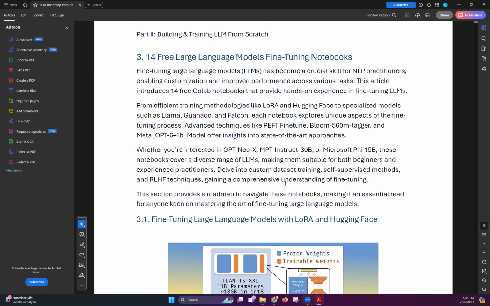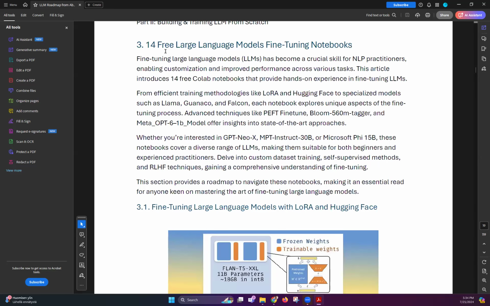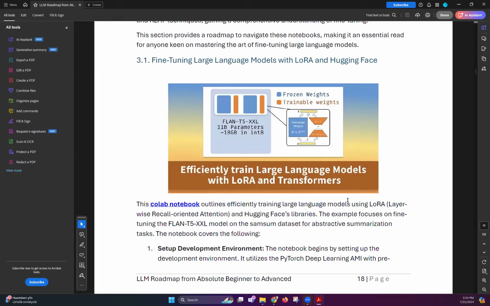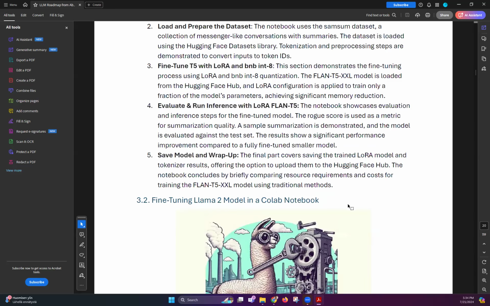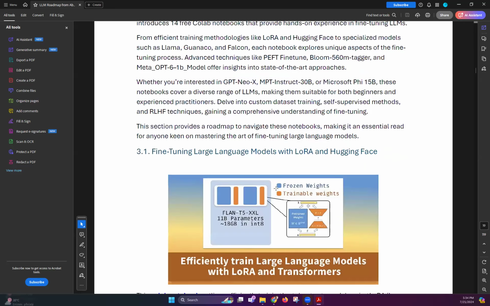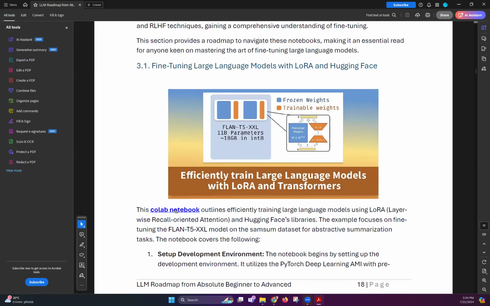So here are the 14 LLM fine-tuning projects. The first one, fine-tuning an LLM with LoRA and Hugging Face. I'll just go through them quickly. Fine-tuning a Llama 2 model in Colab. If you go through any of them, you can find here a Colab notebook, which you can just start running